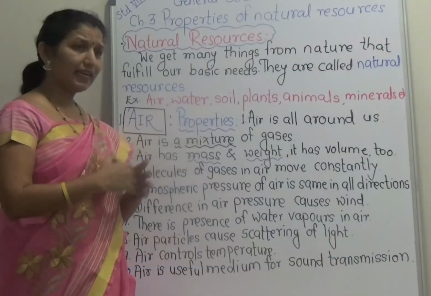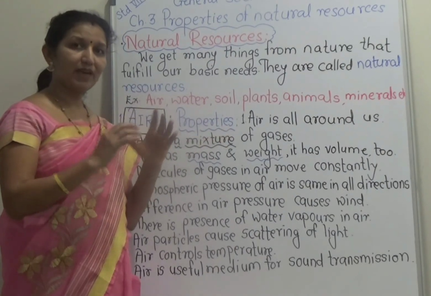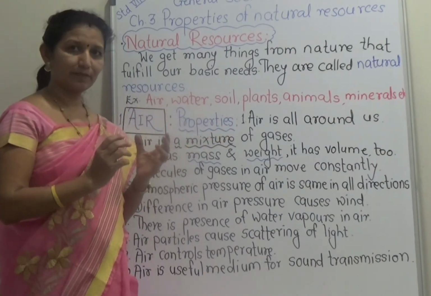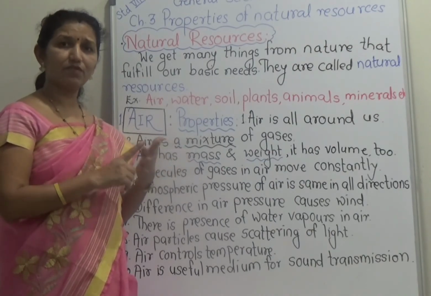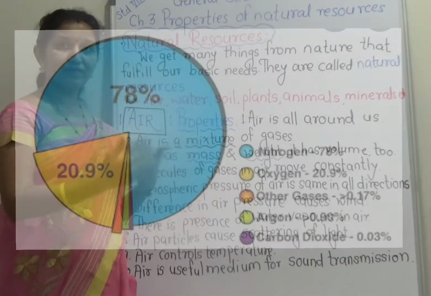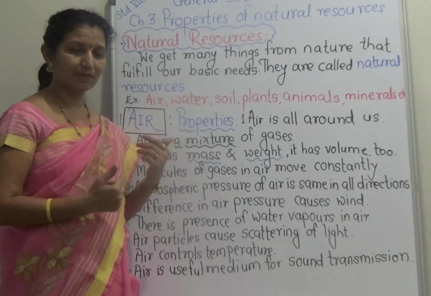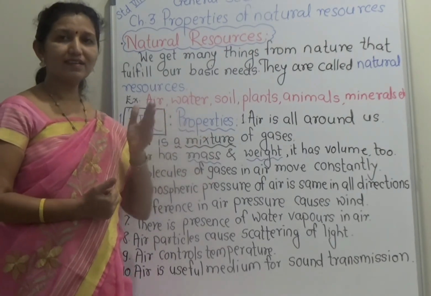That heat is absorbed by the air in the atmosphere. Oxygen, carbon dioxide, water vapors absorb the heat that is reflected back from the earth, and they give that heat to other constituents of